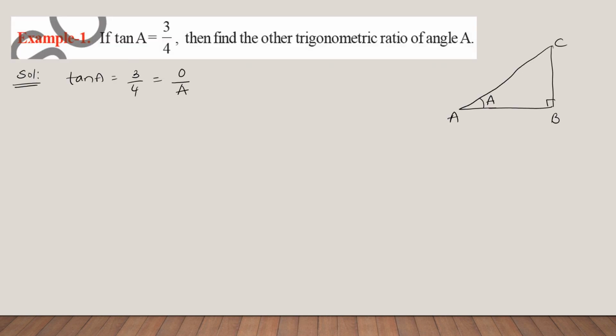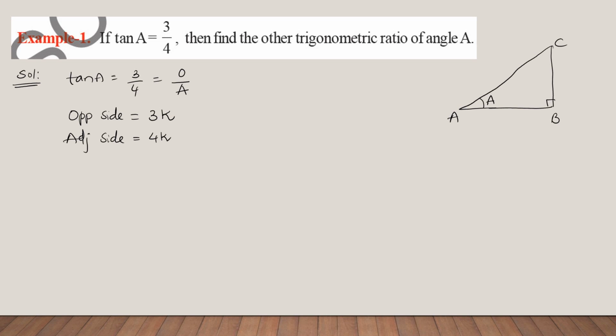So from this, tan A is equal to 3 by 4, which is nothing but opposite by adjacent. Now I can consider the opposite side as 3 times some k, because since it is a ratio, when you want to write it individually we need to multiply with some constant. So here the opposite side is 3k. Next, the adjacent side, here I am using short notations, you can write the complete words opposite side, adjacent side. So the adjacent side is nothing but 4 times k.